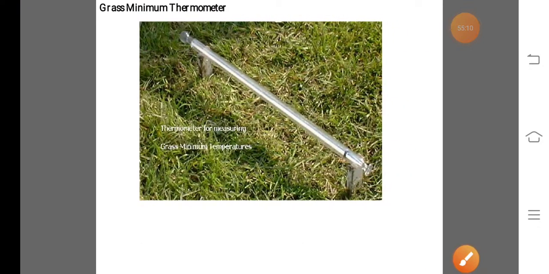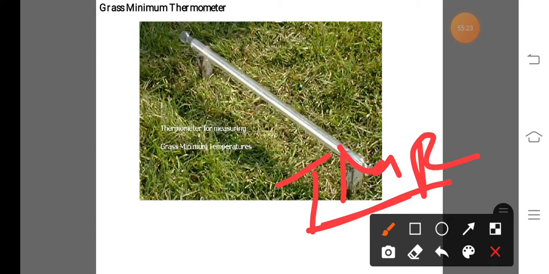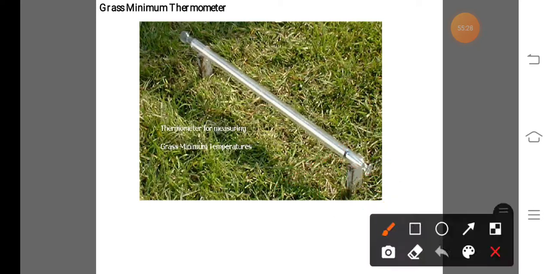Now the next thermometer is the grass minimum thermometer. The grass minimum thermometer is also known as the terrestrial minimum radiation thermometer. That means the short form is TMR, terrestrial minimum radiation thermometer. This thermometer contains spirit and